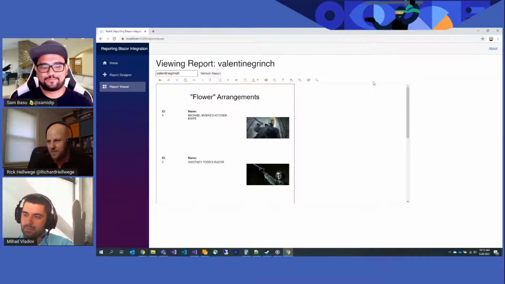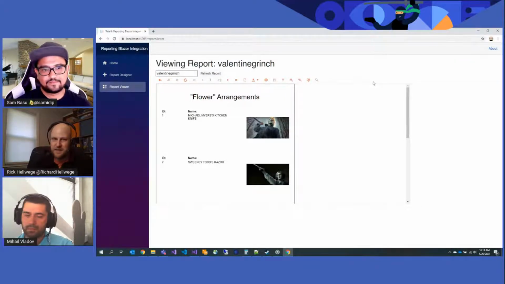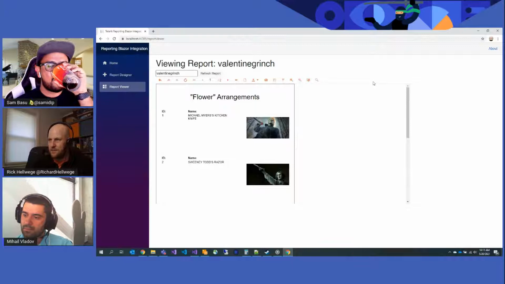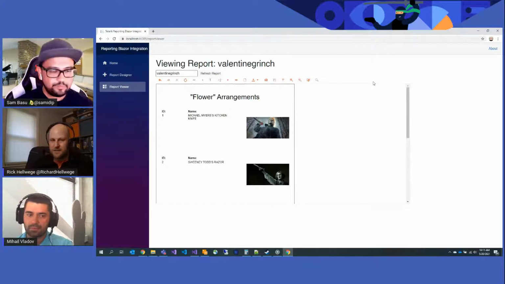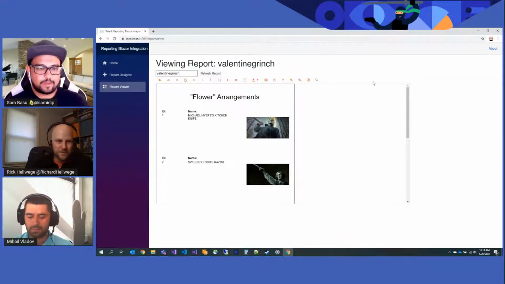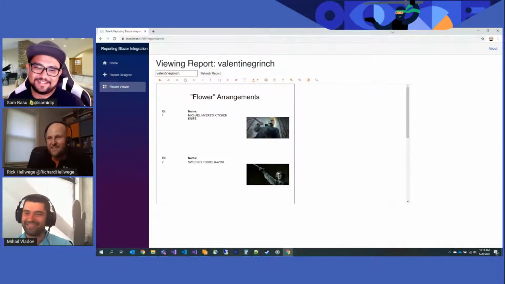Absolutely. This is beautiful. It totally facilitates a team-based environment, because you can imagine a workflow where someone like me comes in and designs the report, does all the work of the data binding, hooking up to the data source and adding the fields we want, but then passes it off and says, hey Sam, go into the web-based report designer, open the Grinch Valentine report, and make it not look horrible. And then, this is amazing.